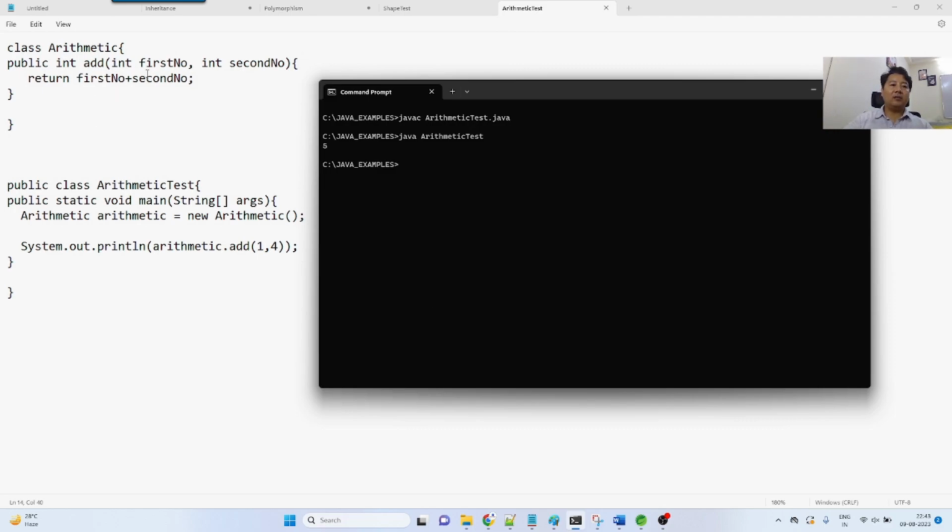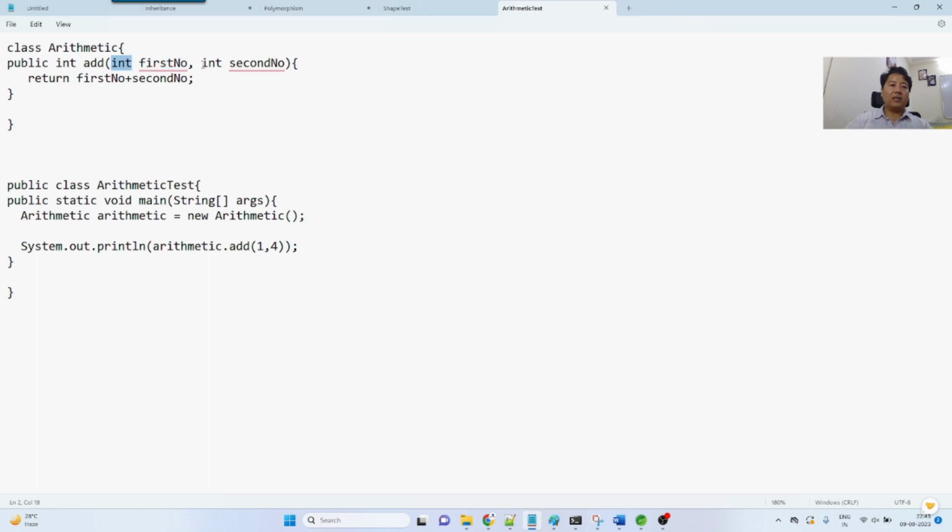But if you see, both the arguments are of integer type. What if tomorrow someone says that I need a method with float or double type of